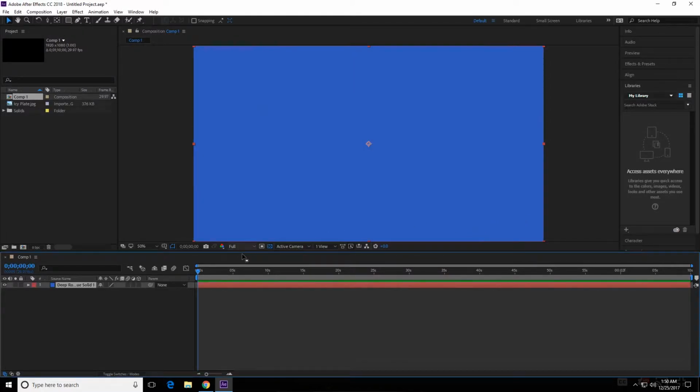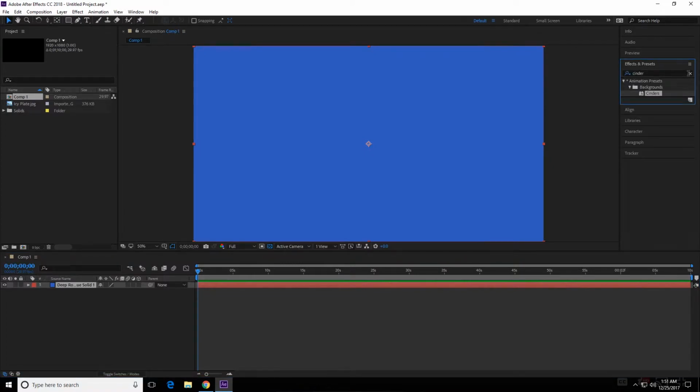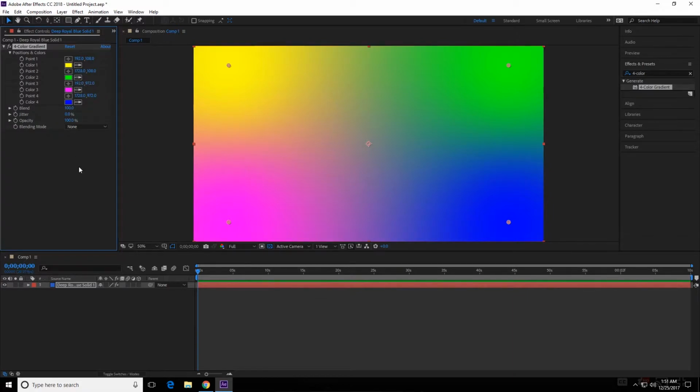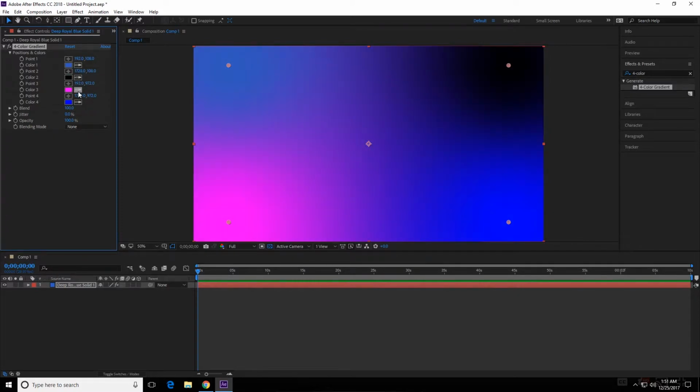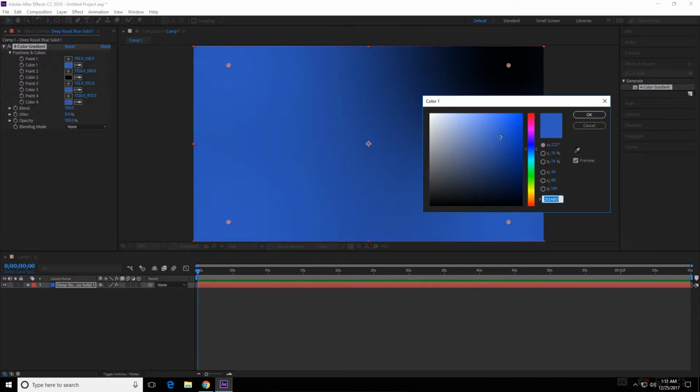We're going to change the color anyway, so we're going to go to our Effects and Presets window and type /color, and we're going to drop that down, take our dropper here, and change all the colors here to the same color that we picked. And now we're going to darken and lighten the color